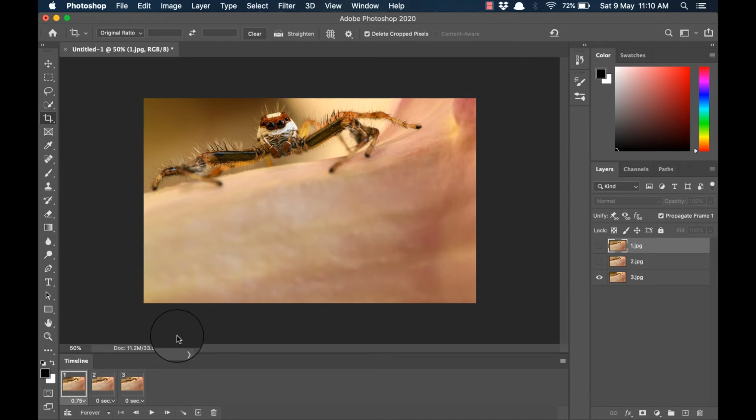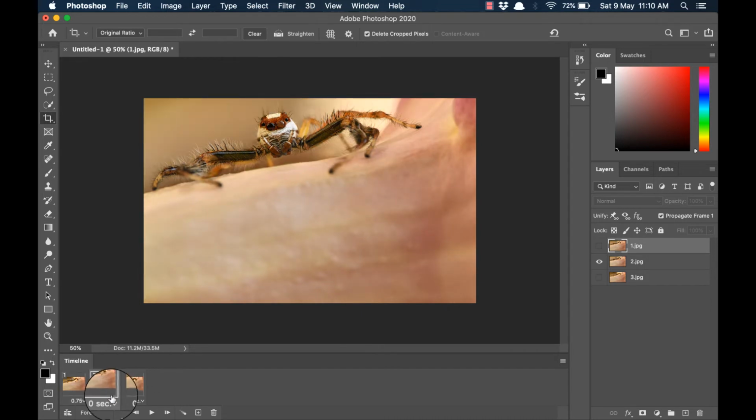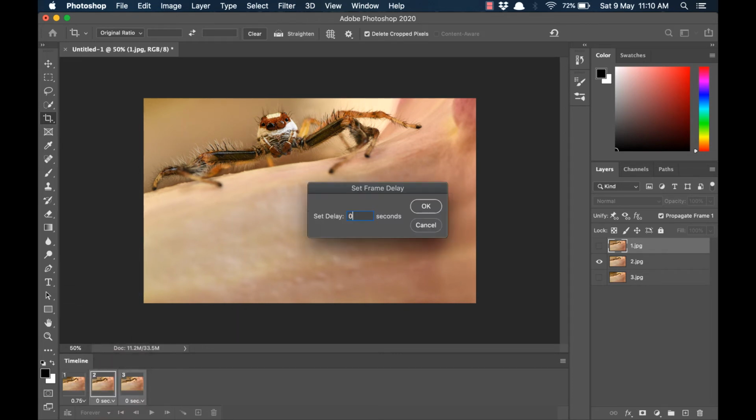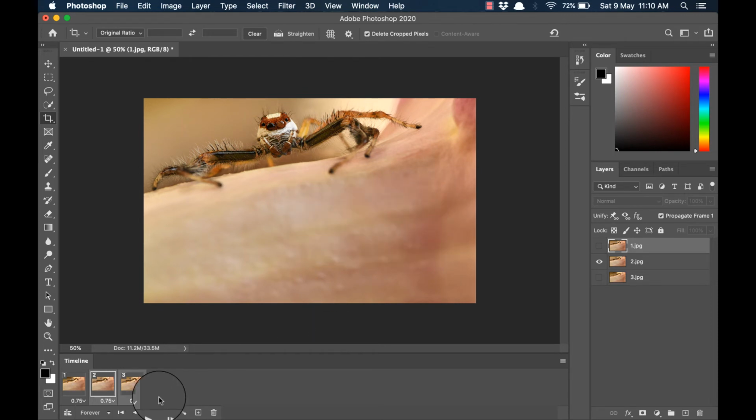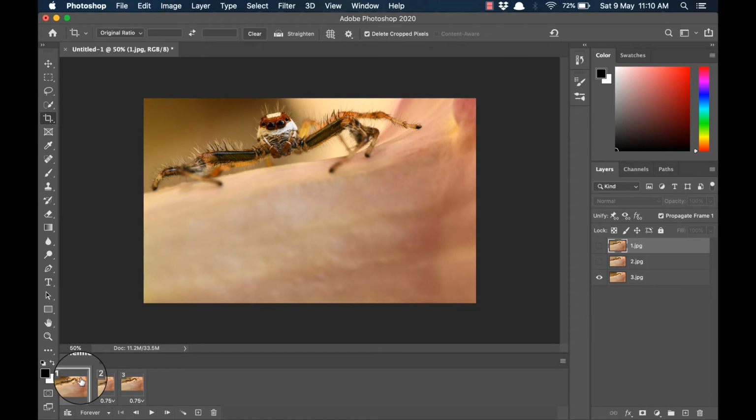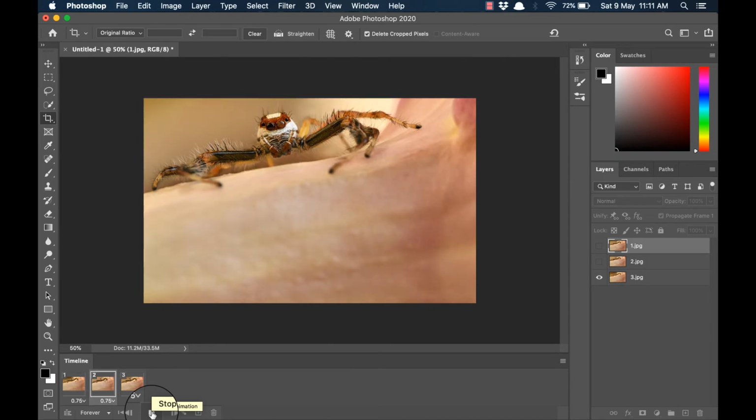Alright. Now let me set the same to the other slides. So choose other. Instead, you can choose multiple images together, choose other and set it to 0.75 seconds. Click OK. It will be applied to the selected slides. So you can do it that way. It's easier. Play it again. That's much better. So this is exactly what I wanted to show. The duration seems to be quite okay.